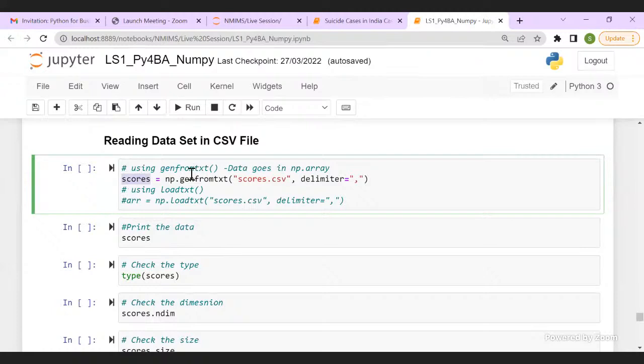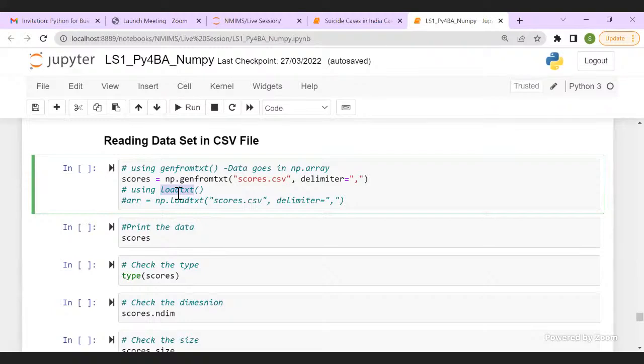Now Numpy provides me two functions, genfromtxt and loadtxt. Both of them have their pluses and minuses. Usually 99% of the time, you will be loading your data sets in a Pandas data frame, and not in Numpy arrays.